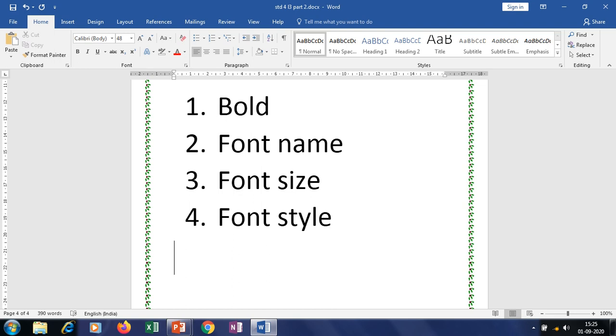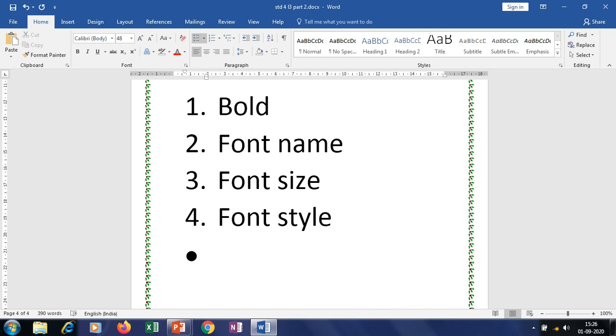And if you want bullets, the default bullet is a black dot. So how will you get it? You have to press the asterisk mark. This asterisk mark is present on the 8 number key. So you have to press shift and 8, and you will get the asterisk mark. After that press the spacebar key or tab key, and you will get the bullets. This way you can add the bullets.